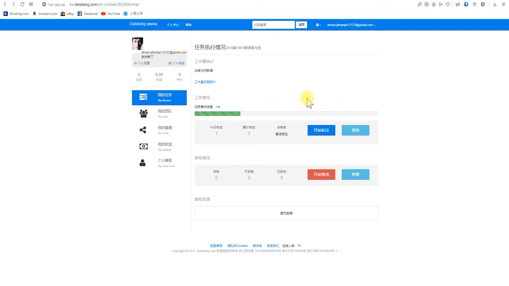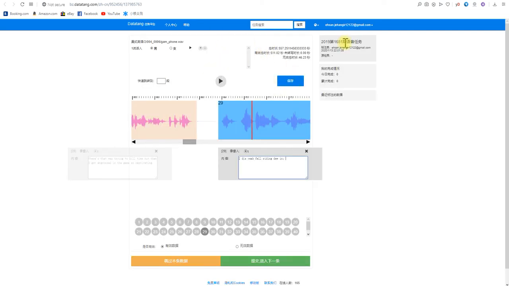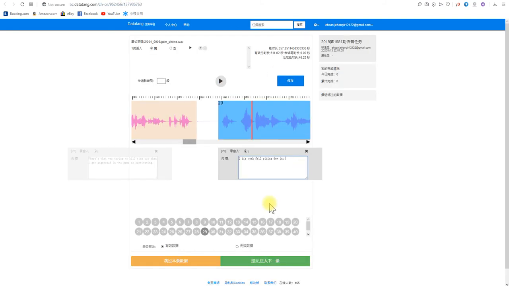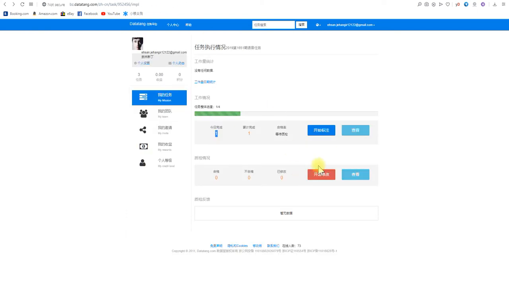Once you have saved it and closed this task, and after a couple of hours or the next day you want to work on it again, you will come to this part. Don't click here, because if you click here, you will get one more task before you've finished it. Once you finish, you click over here, it will give you another task and submit this one. So instead of clicking here, you should click over here,